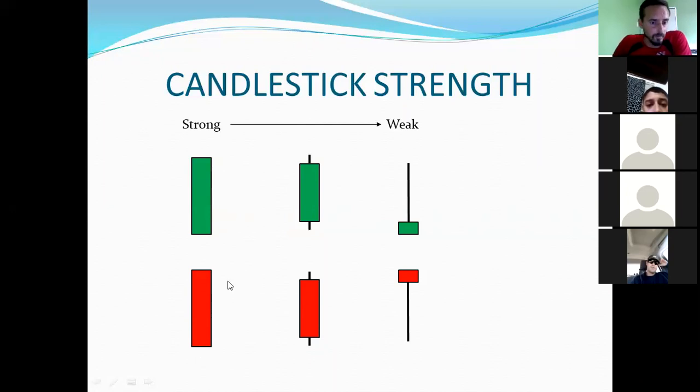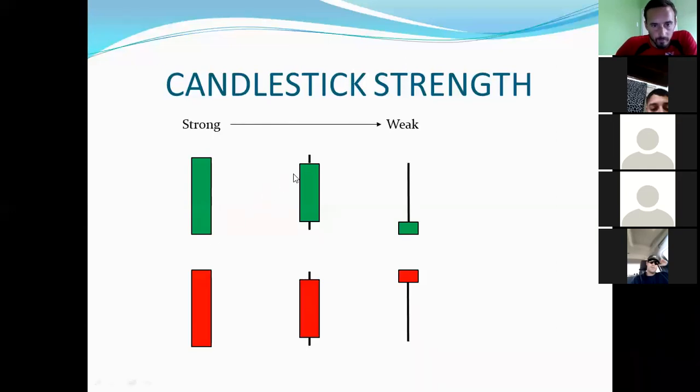Which means that a lot of sellers here, of course, are in control. And you have to look at the market like a constant struggle between buyers and sellers. Right? So you always have buyers trying to take control, sellers trying to take control. And when you enter as a trader, if you're entering a trade, you're hoping that you're on the side of the strongest faction in this case, right? So